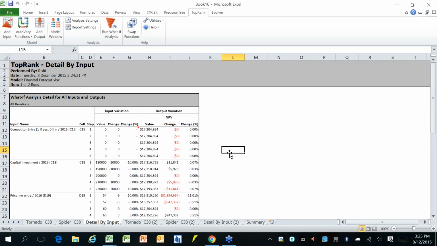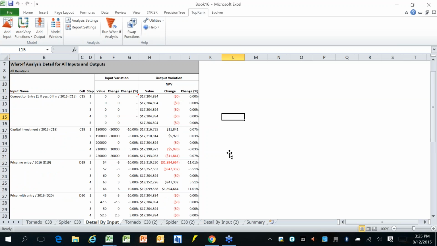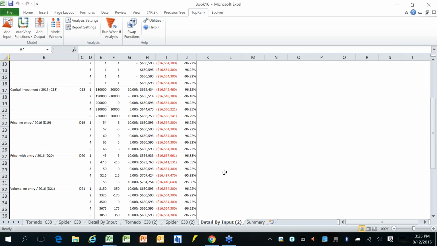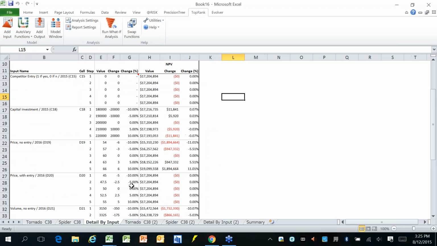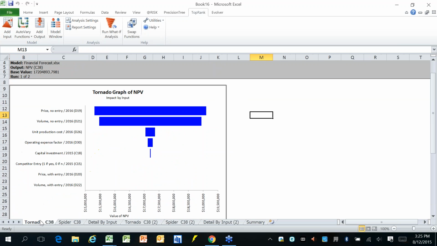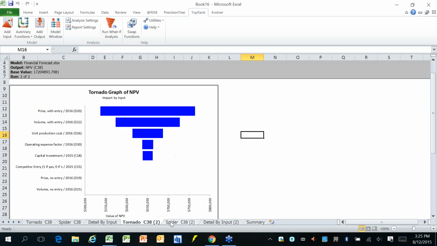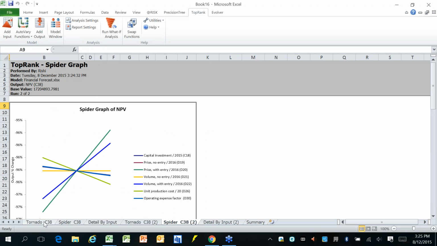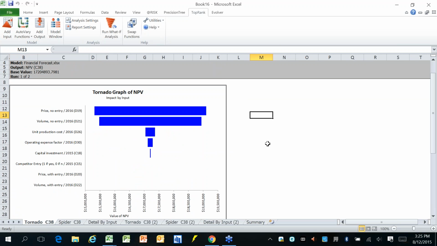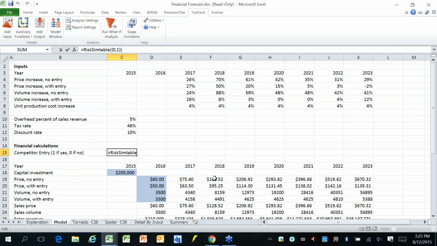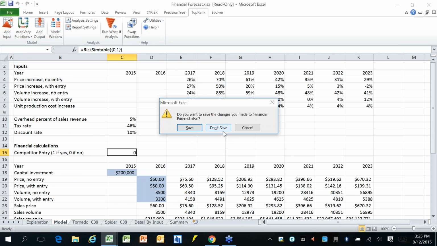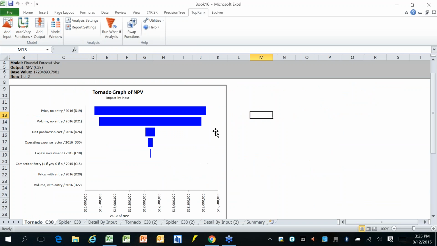I've got data for each scenario, and I could use that information to perhaps produce even more charts doing the comparison. But I've got tornadoes and spiders for each scenario that I have identified, and those scenarios have been identified with the SimTable function. So it's exactly like multiple simulations with @RISK, but it's the TopRank version. Okay, I'm going to leave TopRank there, and we'll look at one more